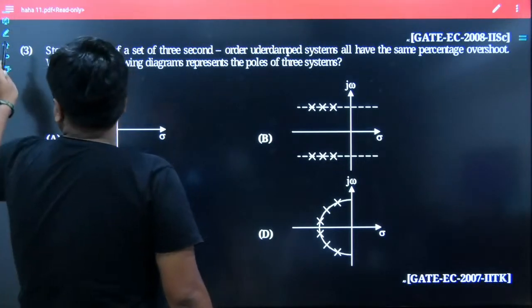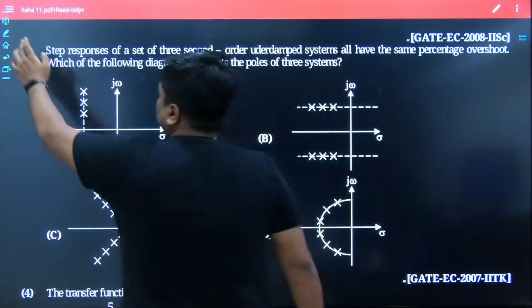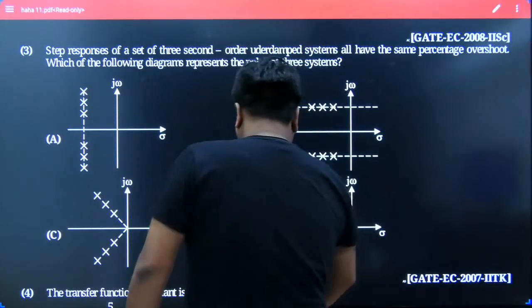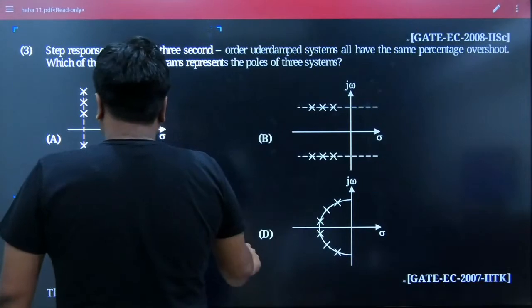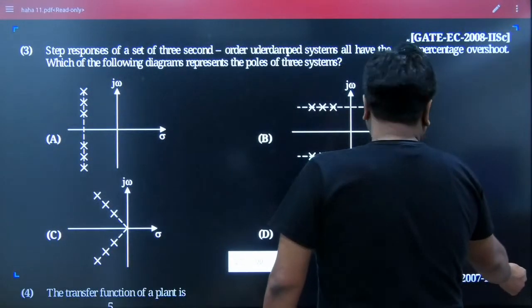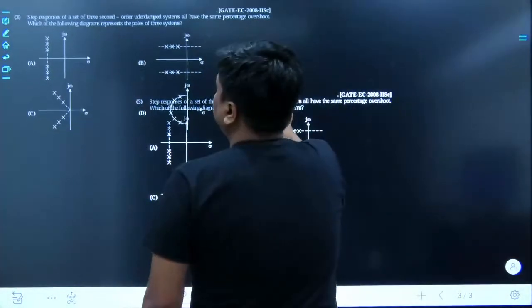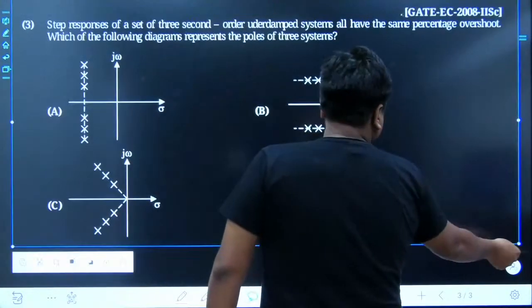I am not going into a much detailed analysis of percentage overshoot, but one thing is quite sure. The percentage overshoot is solely dependent on the value of zeta. What omega n is doing has nothing to do with that. Could you understand what I am saying? So at least you should have a fair idea that different time domain parameters depend on different basic factors of the second order system.